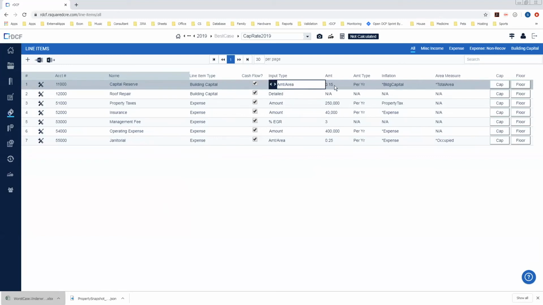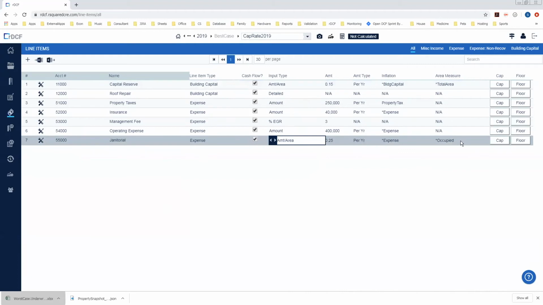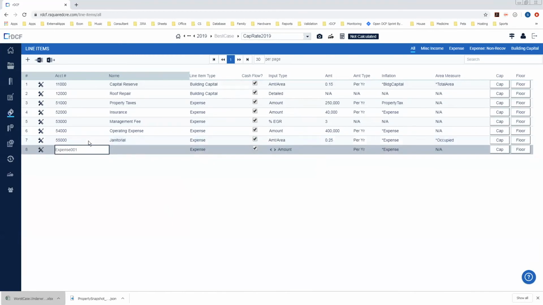A capital reserve that's put in at 15 cents per the total area of the property. We've got a janitorial expense that's put in against the occupied area. And I just thought I'd show you again with my hotkeys here, Control-Shift+. I'm going to add a new expense, account code 60,000, new expense, and I'm going to show you all of